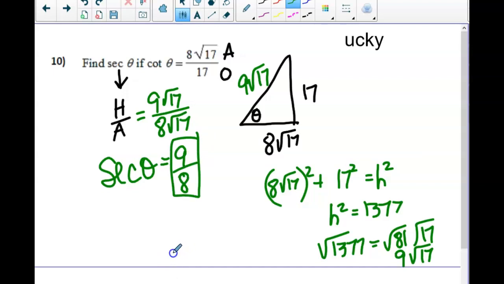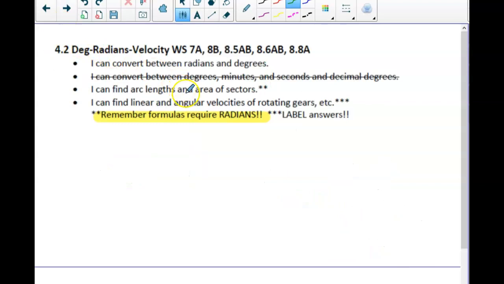You do have to know all the definitions. You do have to know how to do Pythagorean theorem. You do have to simplify radicals, but you're not going to get the square root of 1377. All right. The next section of the quiz deals with switching degrees to radians, radians to degrees, but it also